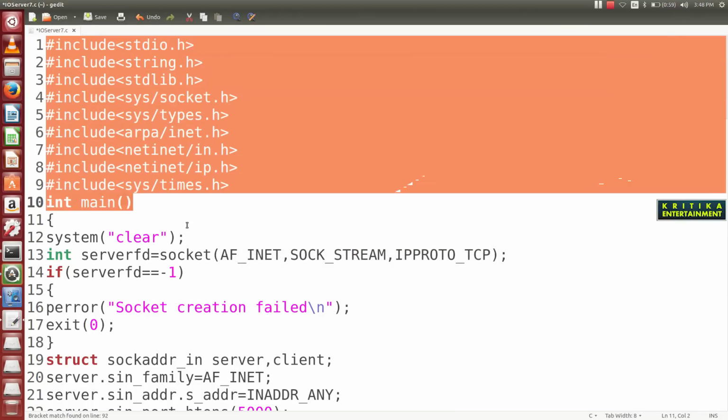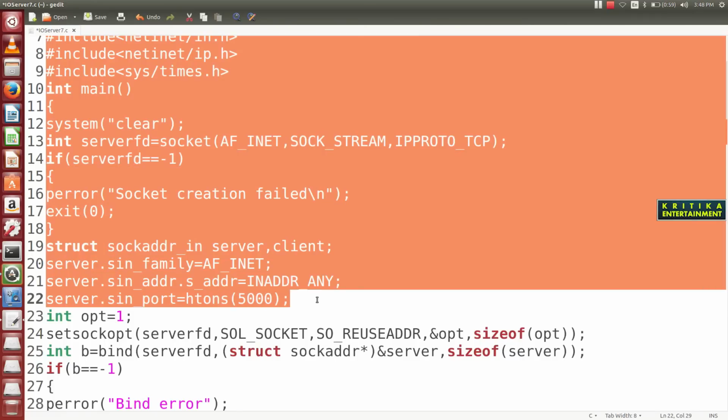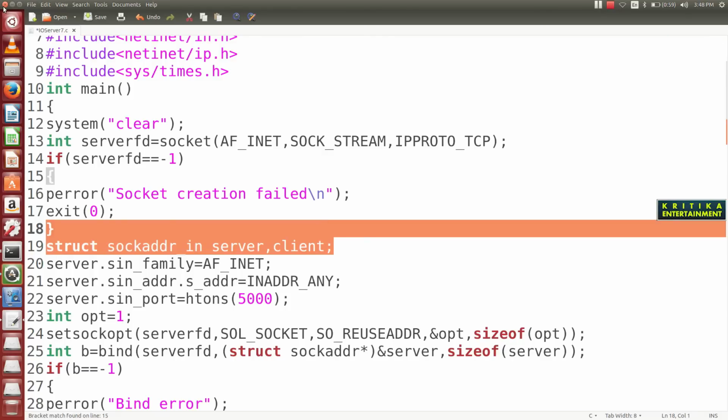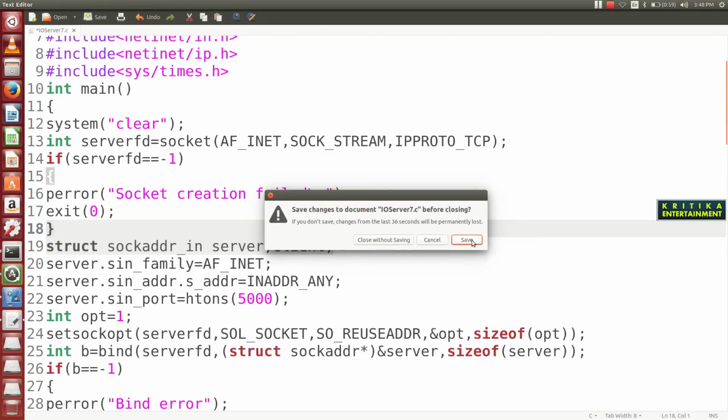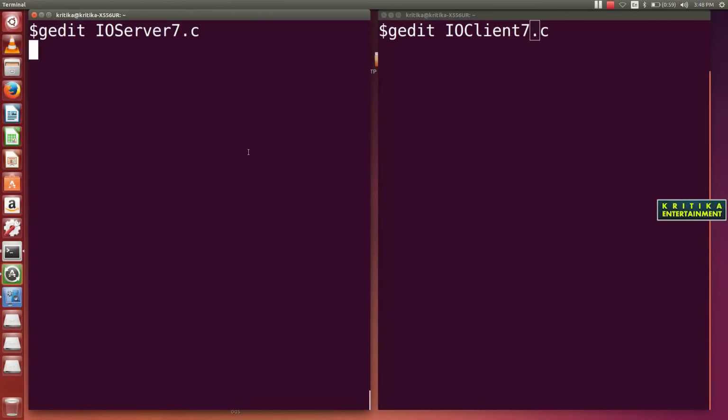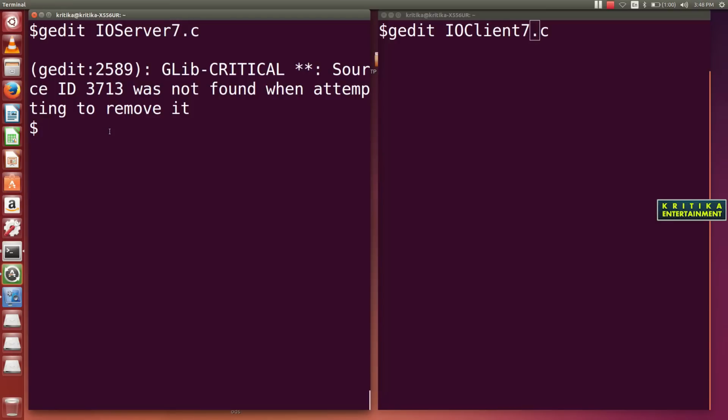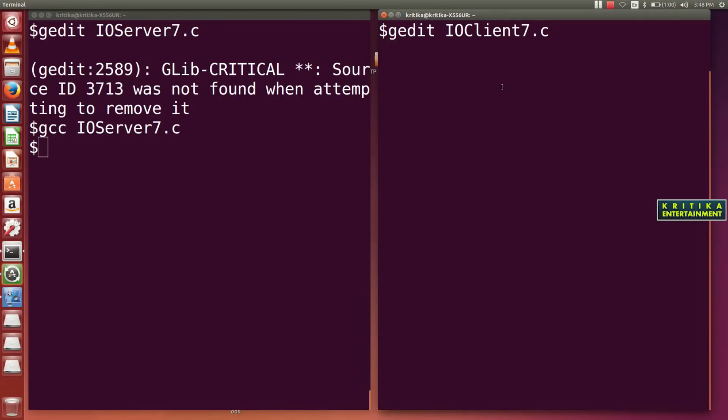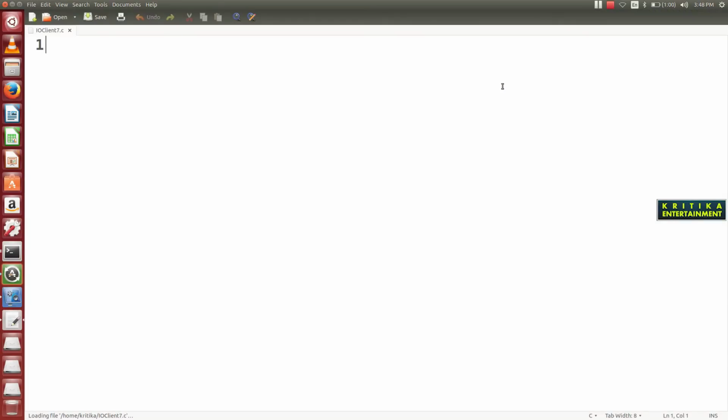Okay, then what I'll do, here I'll copy these lines, this number of lines. Okay, then copy this, and copy this again. I will run to check. See, yes, then here go to the client side. Okay, copy and paste here. I think I did not copy here, so I'll close this.